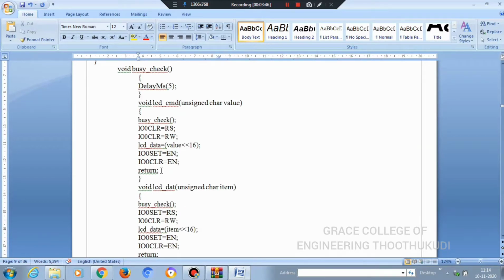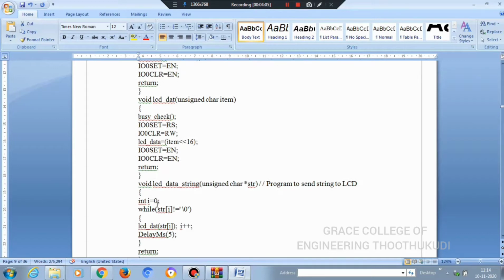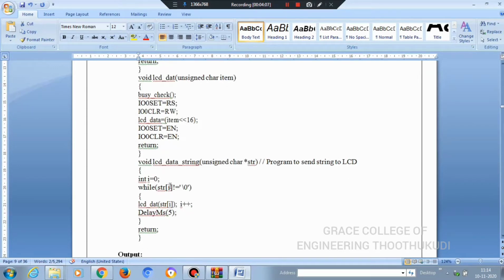Similarly in void data, RS should be 1, read write should be clear, and enable should be made high to low, so that the data can be received. The string is read one by one and executed with some delay, so that we can view the real-time clock output on the LCD.